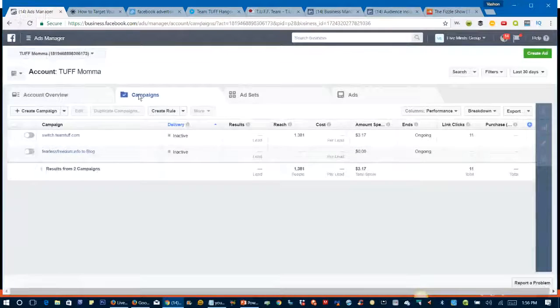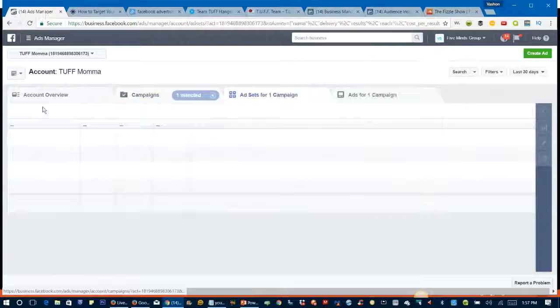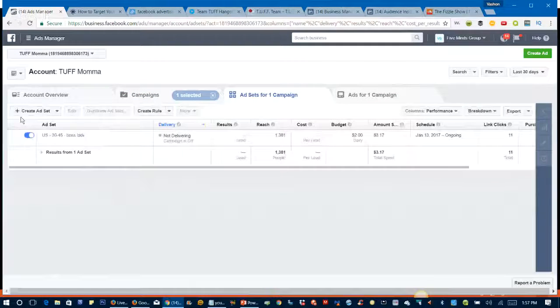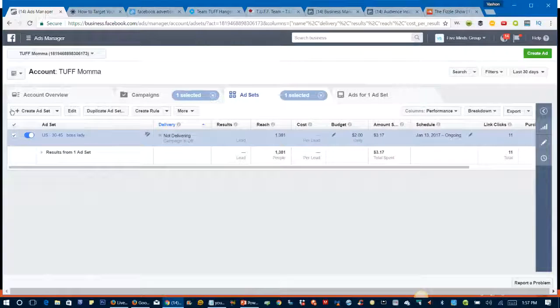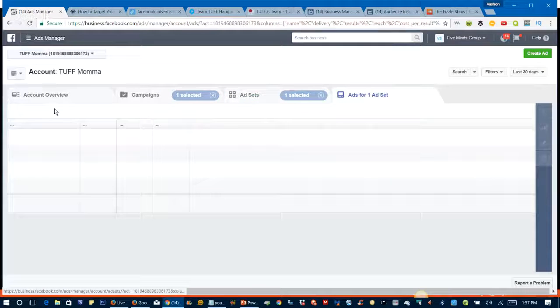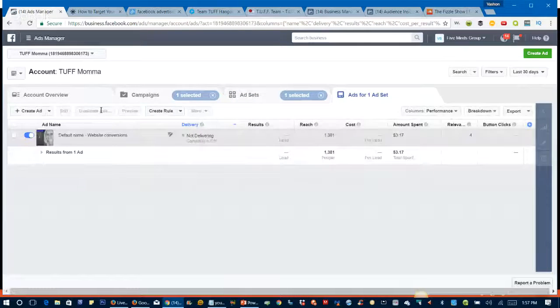Okay, so I've got 2 ads here that are inactive right now. But what you would do is once you find an ad, or once you've created your ad, you're going to duplicate that ad. It's super easy to do. I'm just going to click into this particular ad, and then all you do is check this little box right next to it. Okay, and then you click duplicate ad set, and it's right here. Okay, and then it'll create a duplicate of this ad, and then you can click into it. Just imagine I duplicated this. You can click into it,